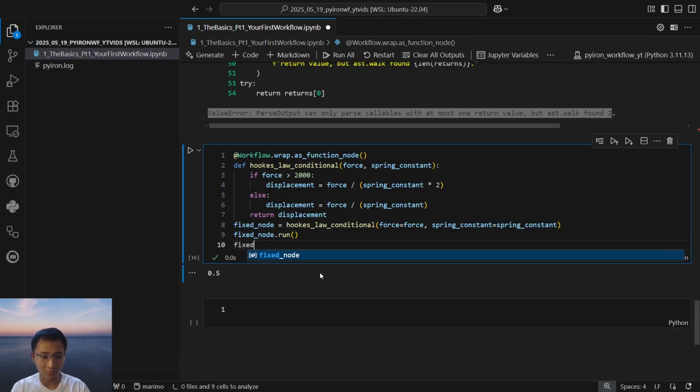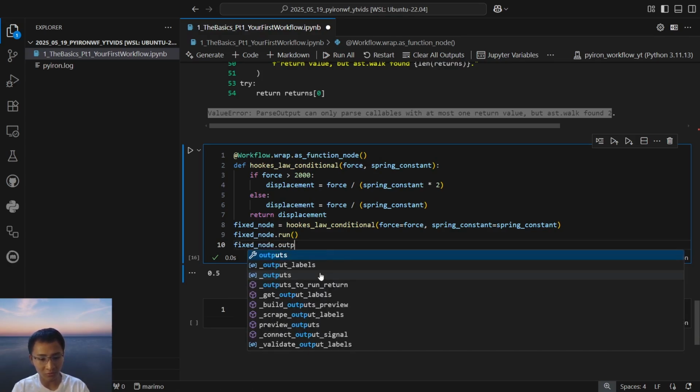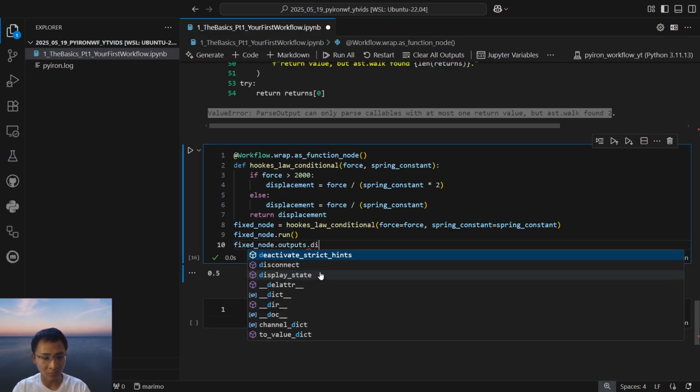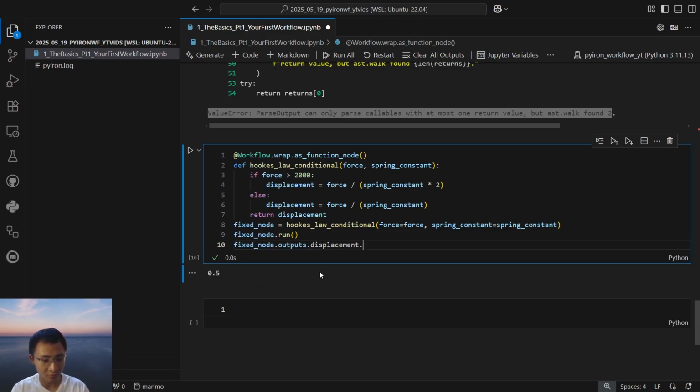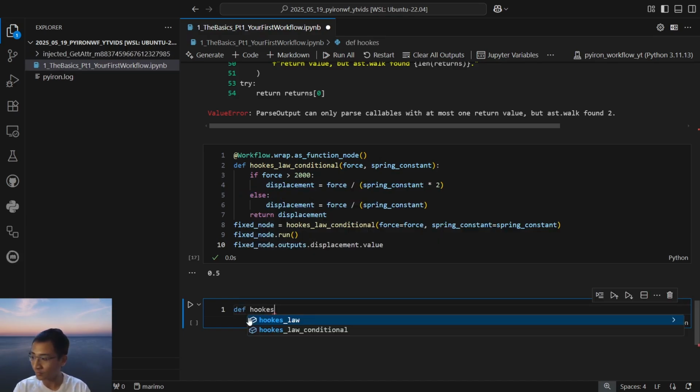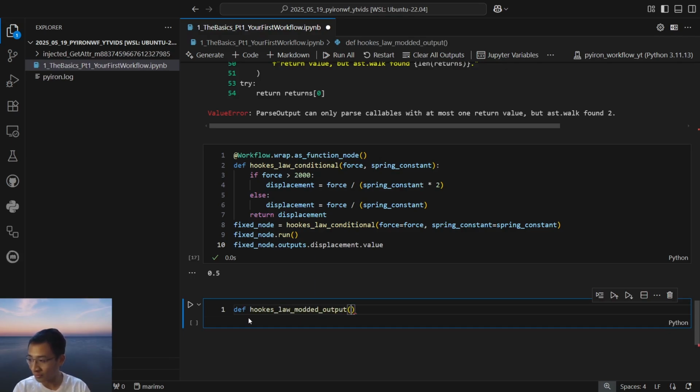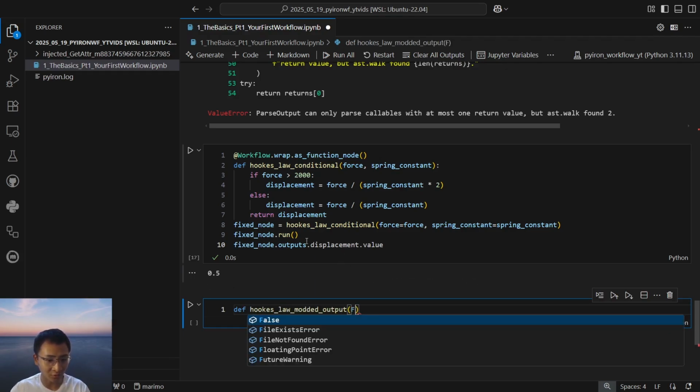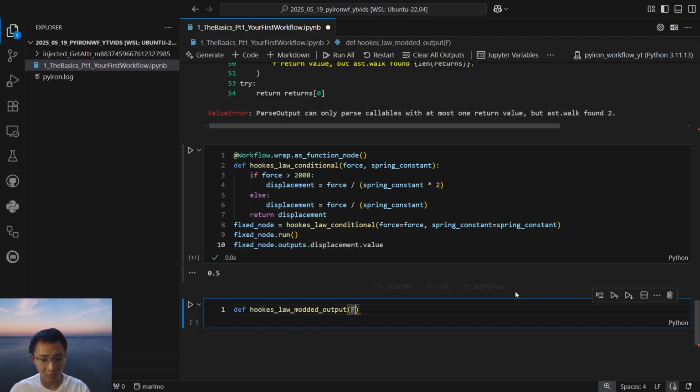And of course, we can always access the outputs that we need via the syntax that I taught you earlier. One other neat thing is that you can always modify how you want to access this output channel, like this variable name. If you're a fan of short variable names, like here,